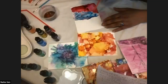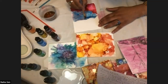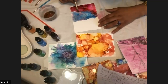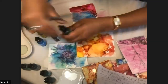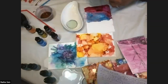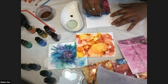And if you want, you can still move the water around. Okay, I'm going to add a little more of this color over here to get the ground up a little more. And then what I'm going to do is, I have this plate too, and I use this mainly for the landscapes, because if I need a little bit of color and I need the brush to paint with it, that's what I do. I just take this and kind of